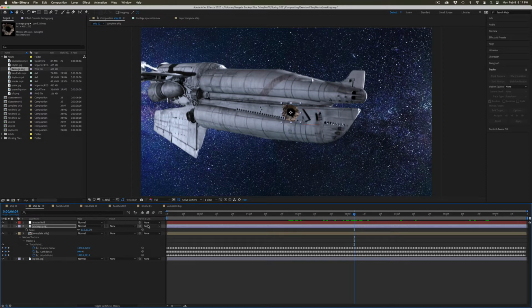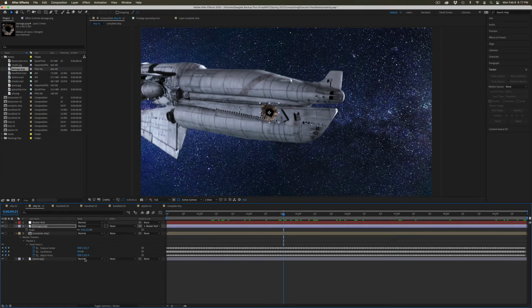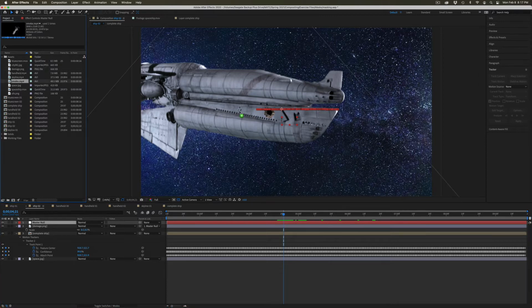So in the parent dropdown, I can choose master null, or you've got this little pick whip thing, and I could pick whip the master null from there. But we want this child element to say master null or null1, null2, whatever it's named, in the parent and link column. And now you can see that that will move with that null's information. And it doesn't matter if we change the scale or coloring. If I applied the tracking data to this damage here and then tried moving it, it would disrupt all of the keyframes. So I really like having this null, because now when we add other things like our smoke element,